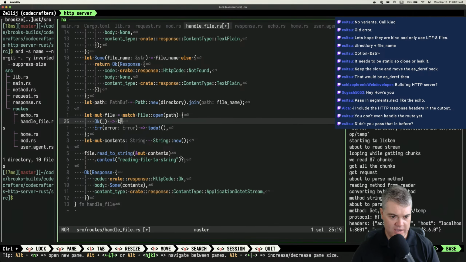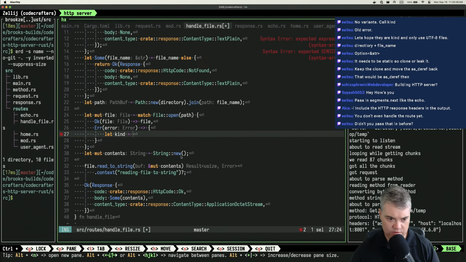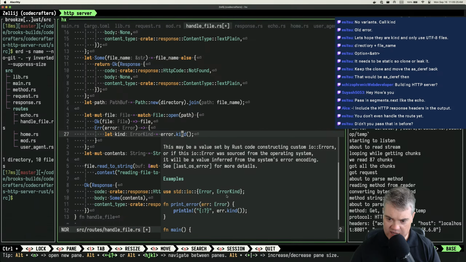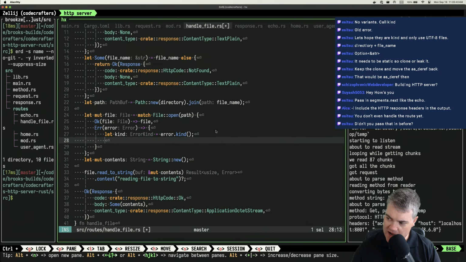So first off, we'll handle the okay case, right? So if we do this, we have the file come in here and we just return the file out. Great. If you're an error, let kind equals error dot kind, which gives me that. Great. You're an error kind. Thank you for that. Returns the corresponding error kind for this error. Oh, because then I can use standard IO error kind. Okay, so then I want to... I wonder if I want to match...